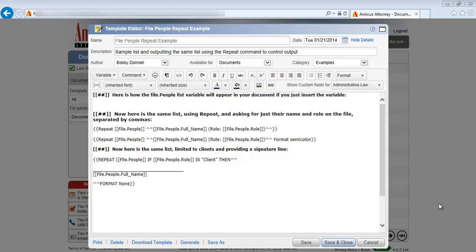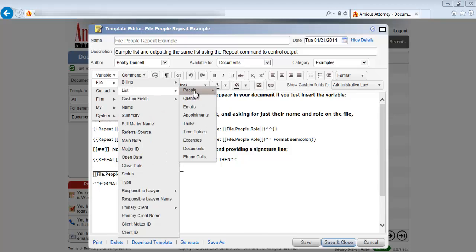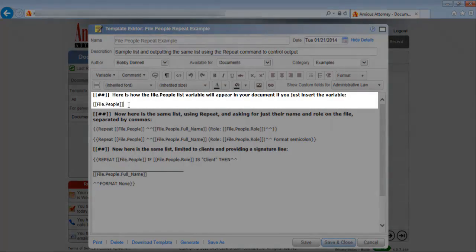With Amicus, you can include on your document a list of records, like people on a file. And Amicus provides you with many different lists that you can choose from to insert into your documents. These lists are readily available from the variable drop-down menu. So if I go to Variable, File, List, and choose People, I get in square brackets file.people. This is going to give me a pre-formatted list of all the people associated with the file that I generate